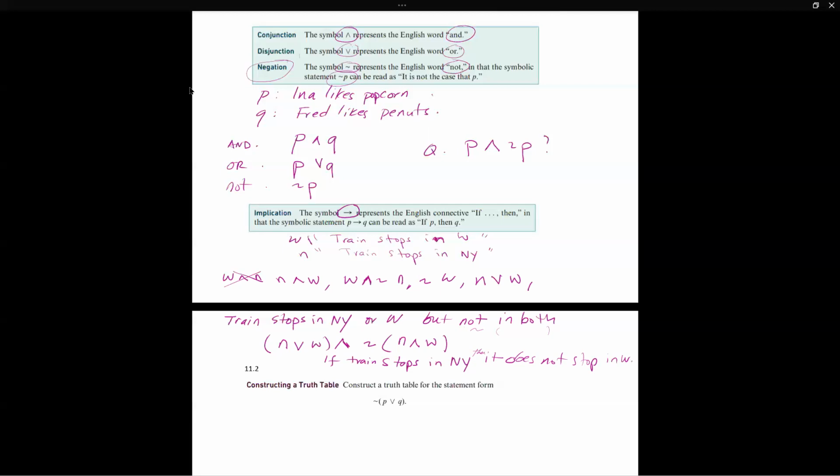So what do we need to do? Look, all this sentence, we can just do this. That's it. If it stops in New York, then it does not stop in Washington.